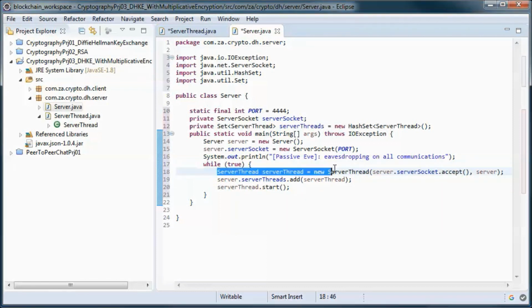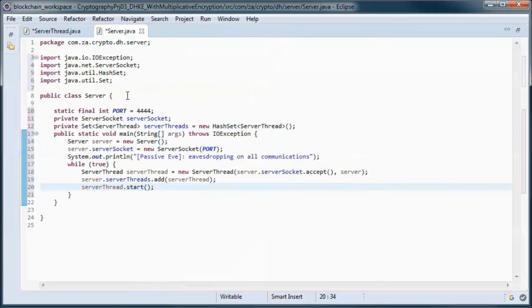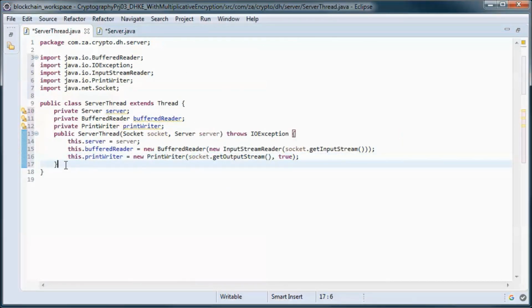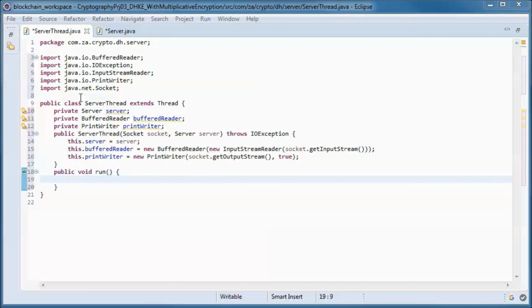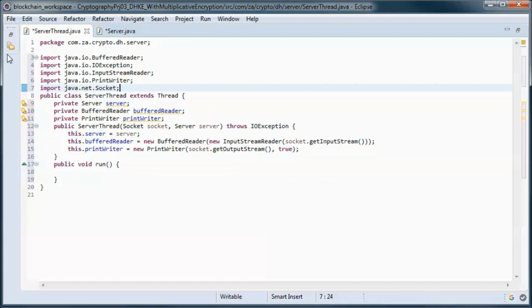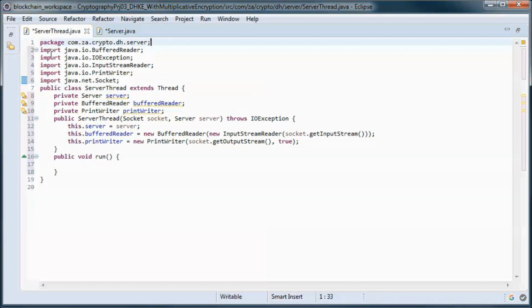We have a server thread dedicated to each, we put all the server threads in this set, and we start that thread. When we do that, the run method will end up being executed when the operating system decides to do so.